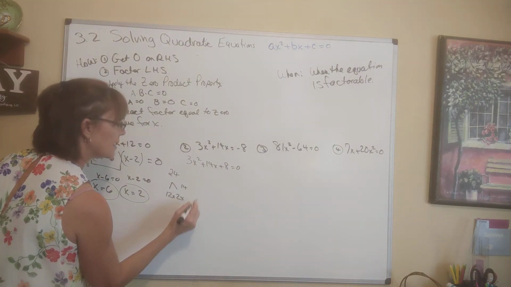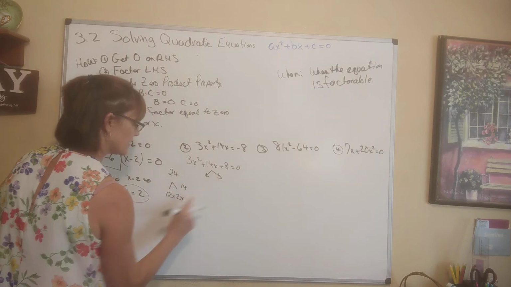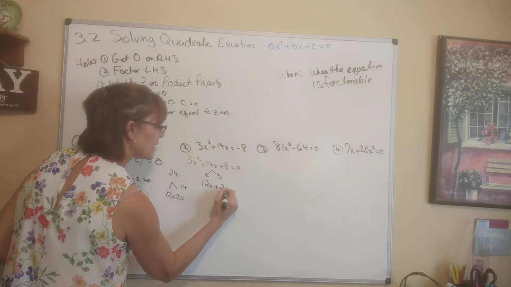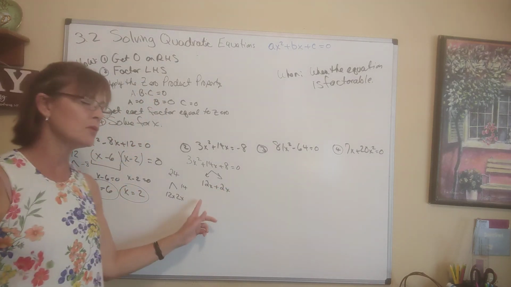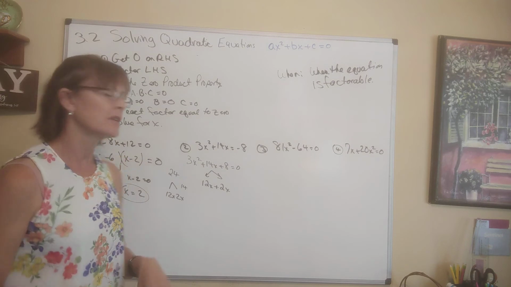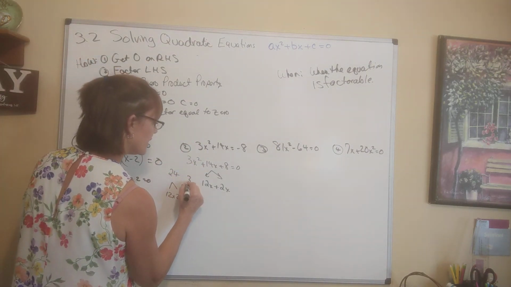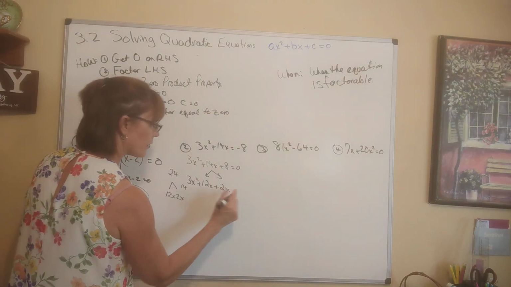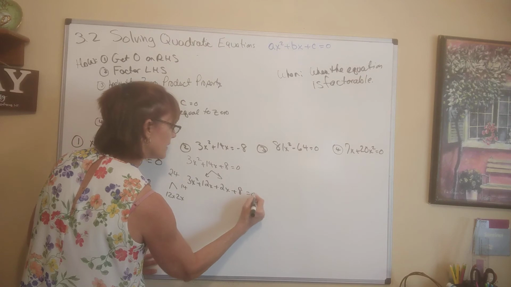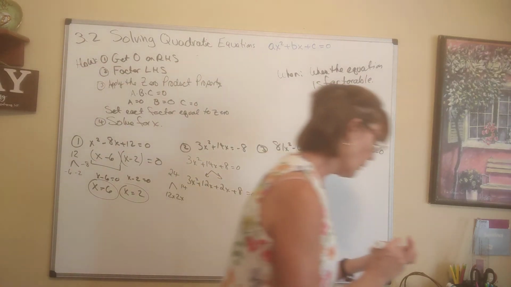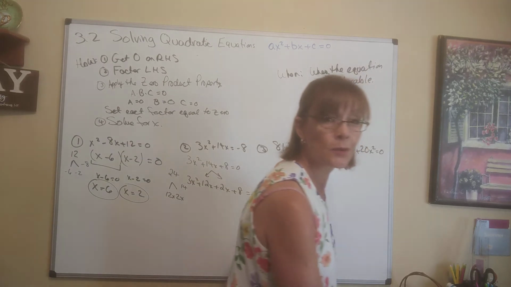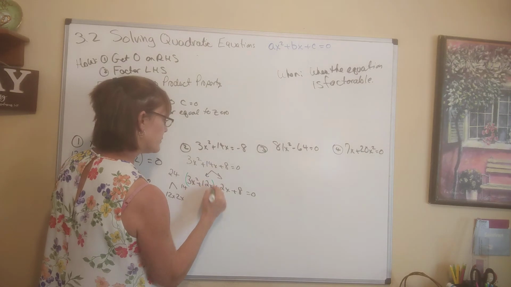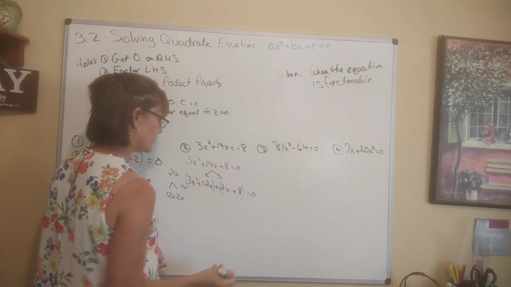What I do this time is I split my 14x into 12x and 2x. The order that I write this down doesn't even matter, like if I wrote 2x plus 12x. So copy down the first term, 3x squared, rewrite your middle term in either order, and then copy down the last term, plus 8. Now I've got a 4-term polynomial. What will always work with this method, if you got the right numbers, is to group the first 2 terms together and the last 2 terms together,